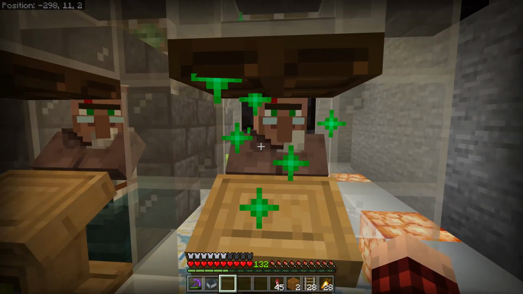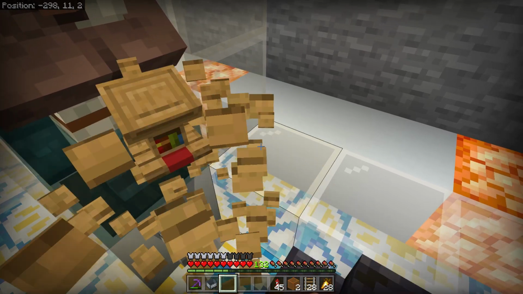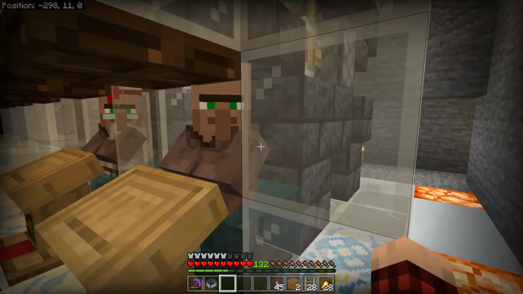Now he'll swap back. Yep. Yeah, so here we got channeling 1. So none of these are anything that we really care about at the moment. We just have to keep doing this process. And if you've ever messed with villagers on any version of the game...